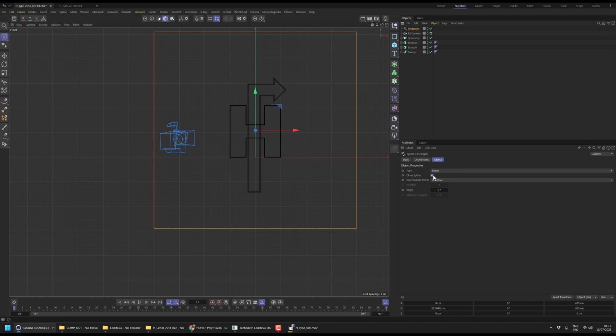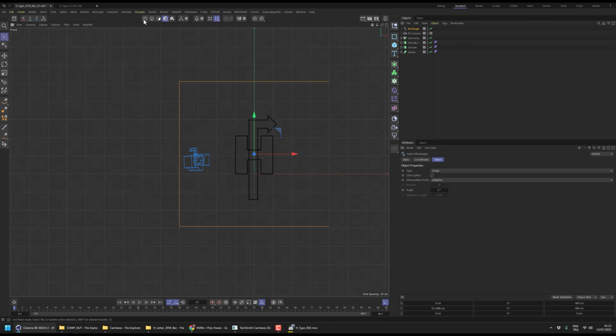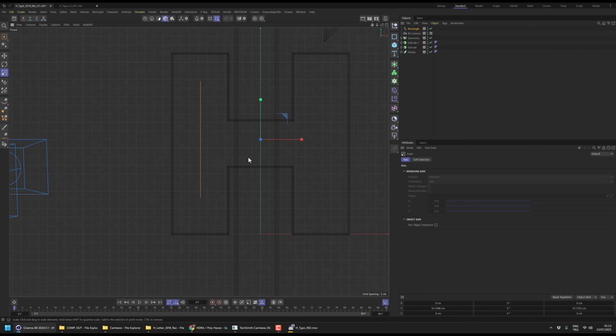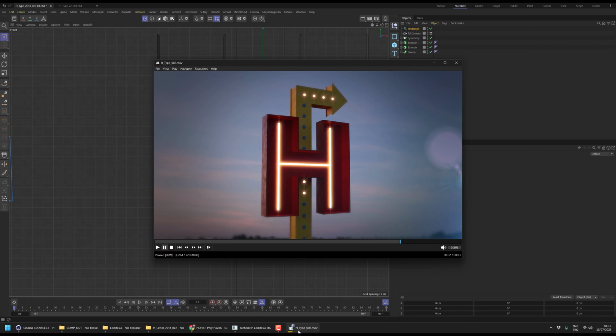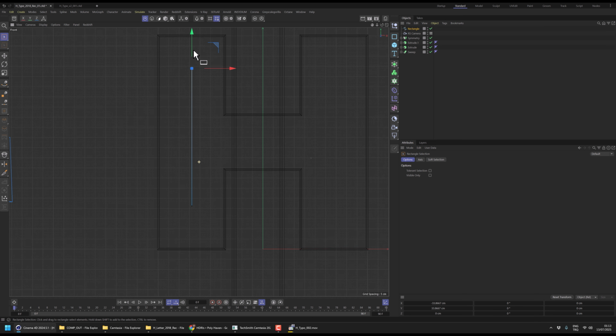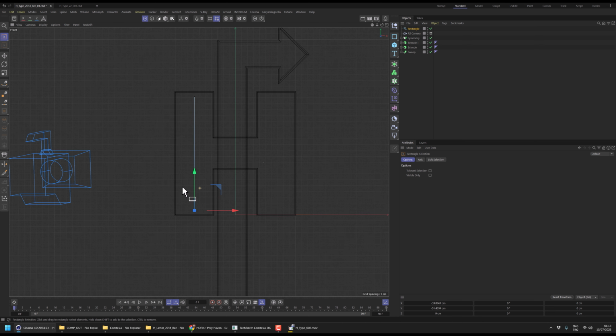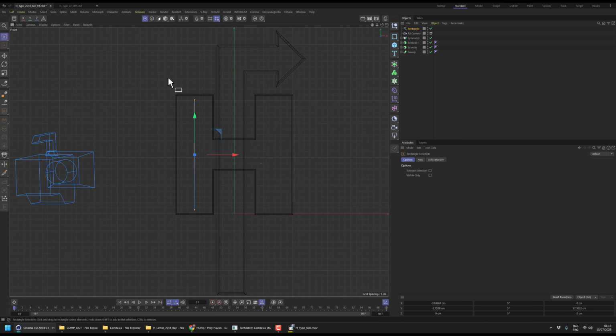I will uncheck this close spline and delete these 2 points, and I can scale it down and make these points long, like in here, and I can click these 2 points and hold Control and drag, like in here,